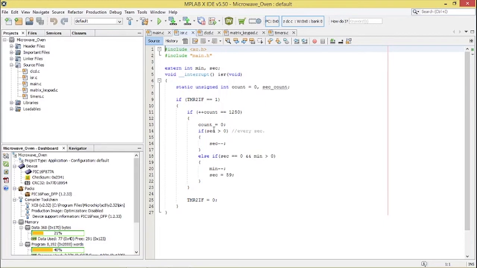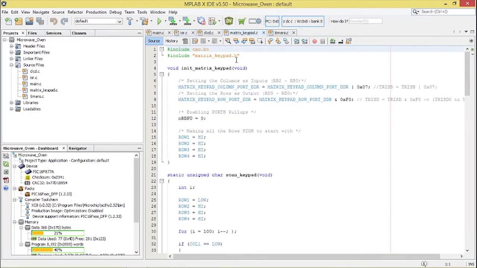active process. Then the matrix keypad has 4 by 4, that is 16 key buttons, on which we will give the input. From the 16 key buttons I have used 9 buttons for this project. So I have written an if-else ladder with conditions like: if I press this button, this thing should happen. For example, if I press 1, it should go to micro mode. It takes input and gives the output accordingly